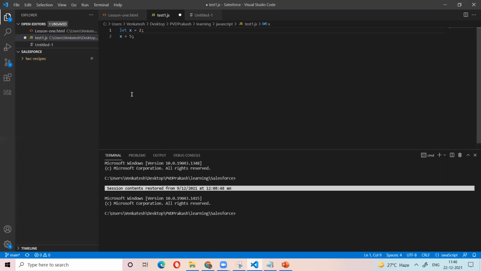Initially it had 2, later it had 5. So either 2 first, then 5, but not 2 and 5 together. So primitive means the data has only one value, and it is not changed, it is replaced.